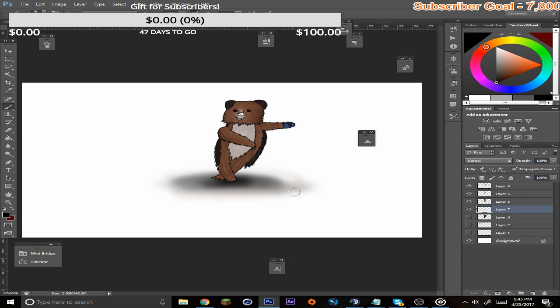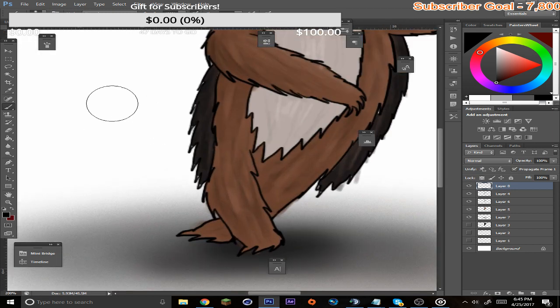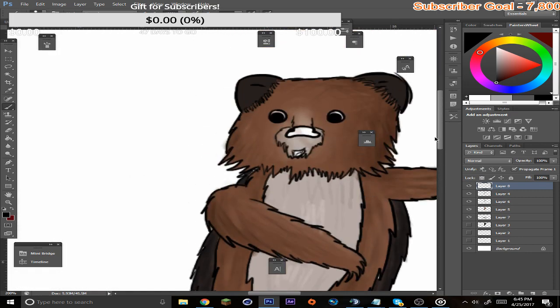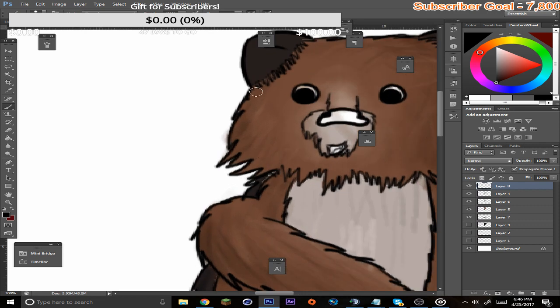I kind of like doing these just because it's kind of cool. And as for the line work, I like to sometimes go over it with a thicker brush just to show that it's much thicker. Sometimes it really adds to the cartoon style.